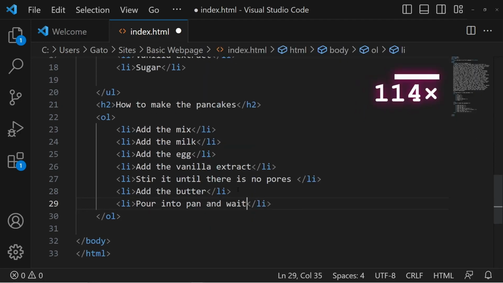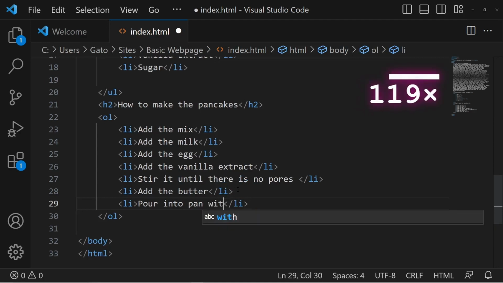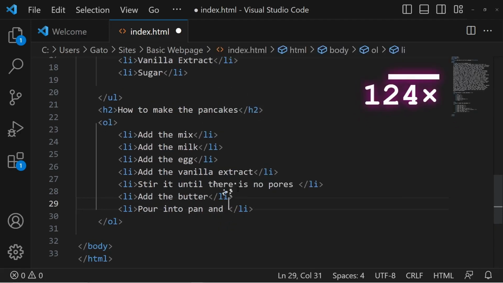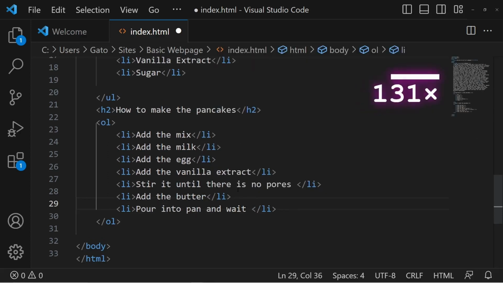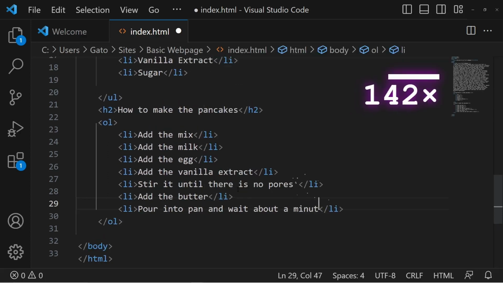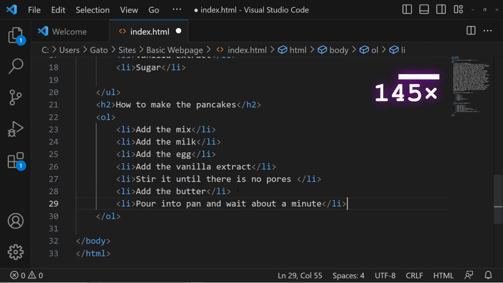Wait like about a minute, like that. And also the size depends. So pour into pan